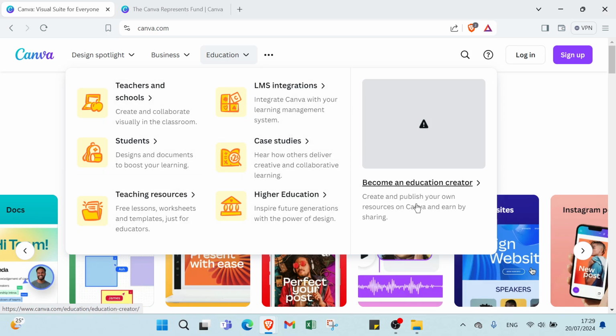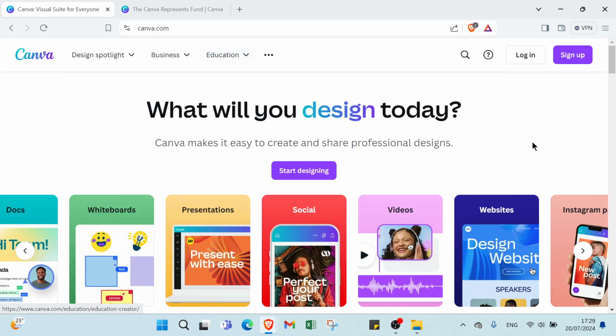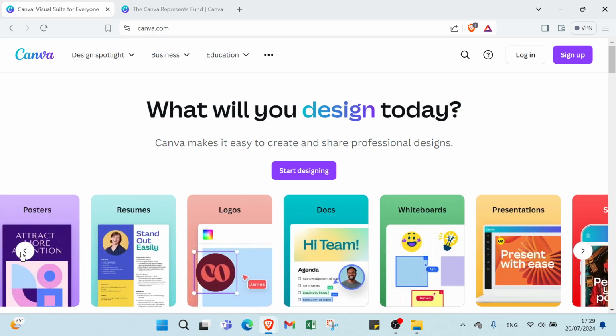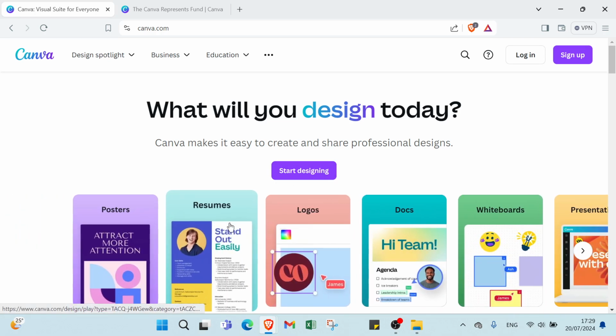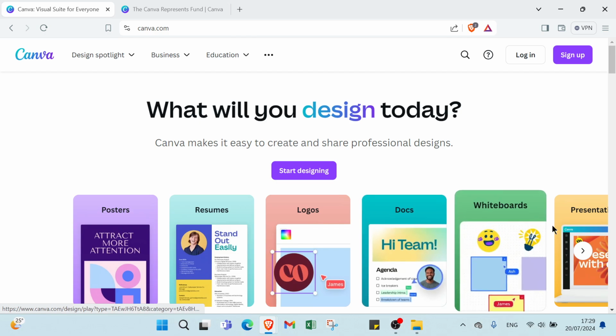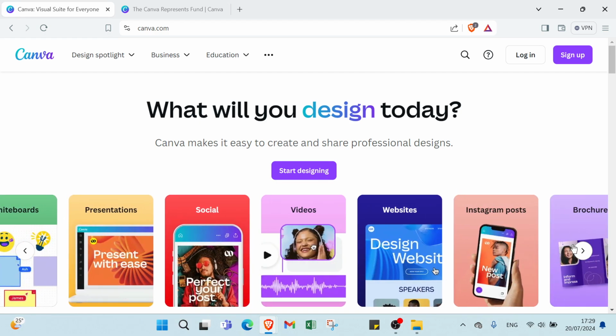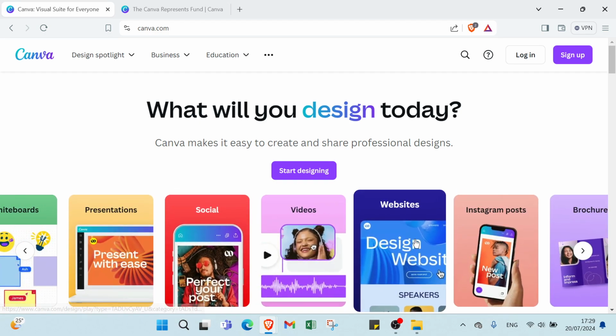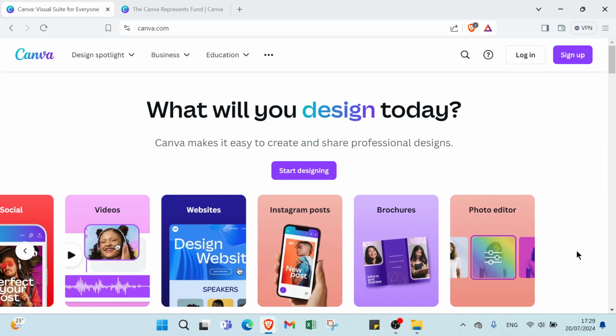Here we have create and publish your own resources on Canva and earn by sharing. Then we have here what we design today. Canva makes it easy to create and share professional design. We can just start designing. Here we have a lot of things: posters, resumes, logos, docs, whiteboards, presentations, social, videos, websites, Instagram posts, brochures, and